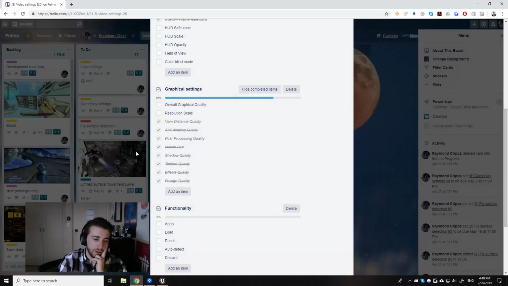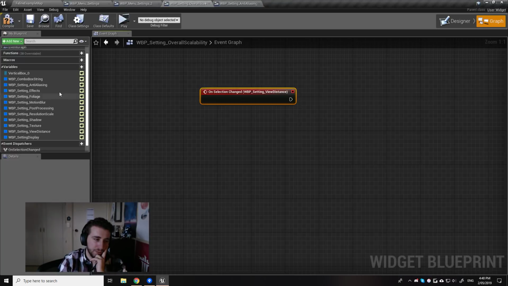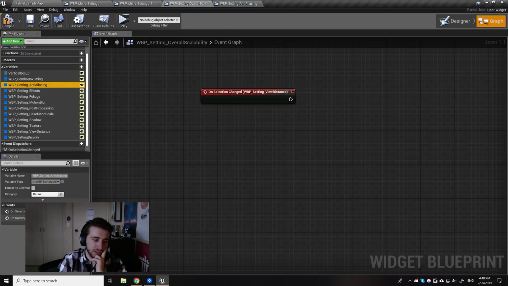So I'm going to do it in order of how they're shown. So view distance, anti-aliasing,